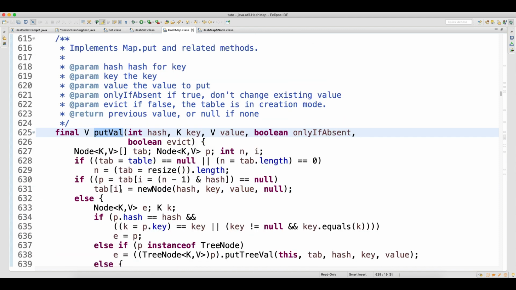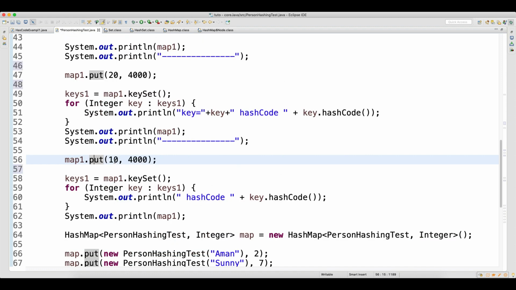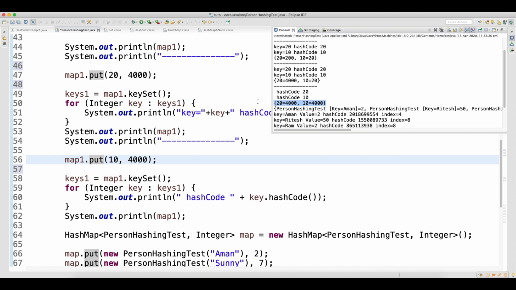Then go to putVal again: your hash is the same and the key is also the same, so it will replace the existing one with the latest one. Earlier, key 20 had 4000 and key 10 had the value 20. Now it gets replaced, and your key 10 also has the value 4000.